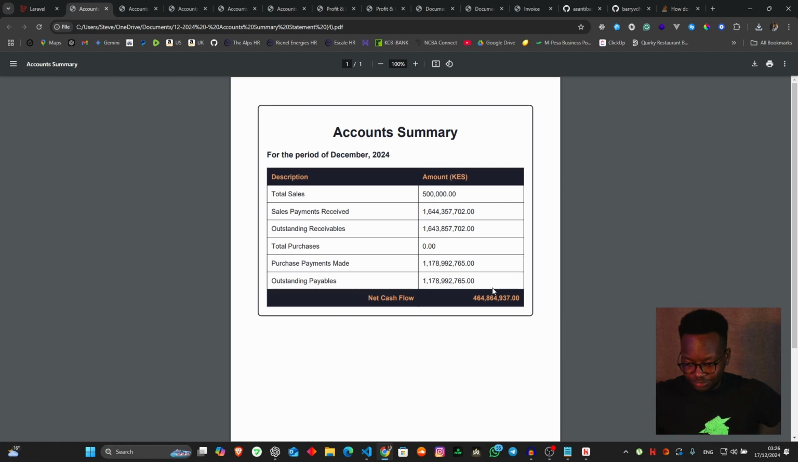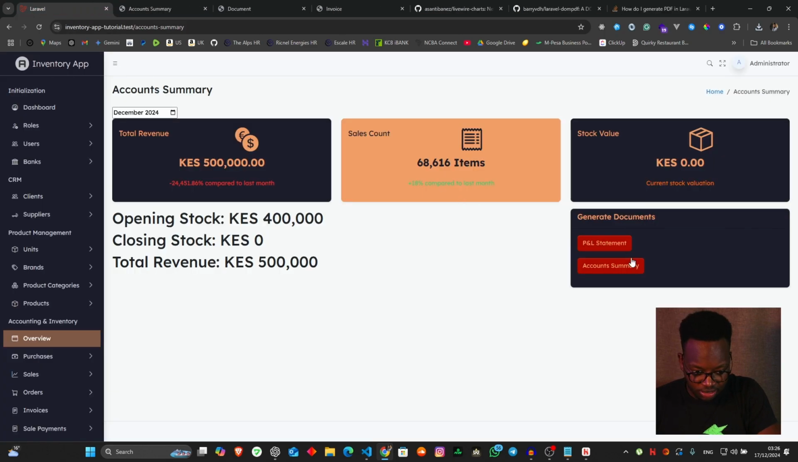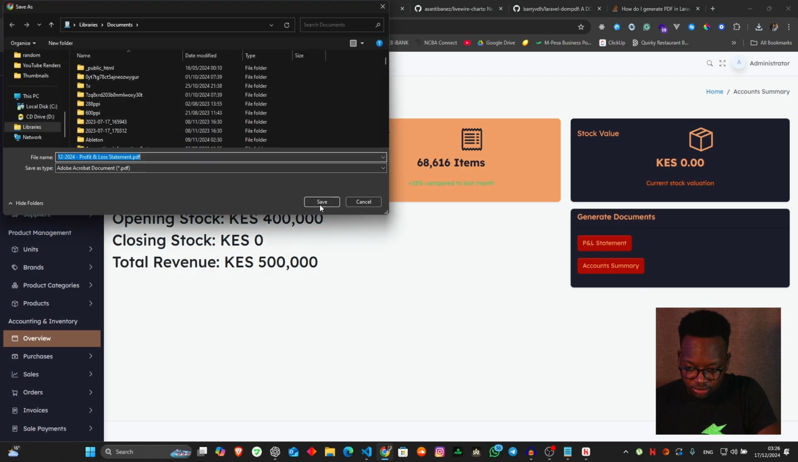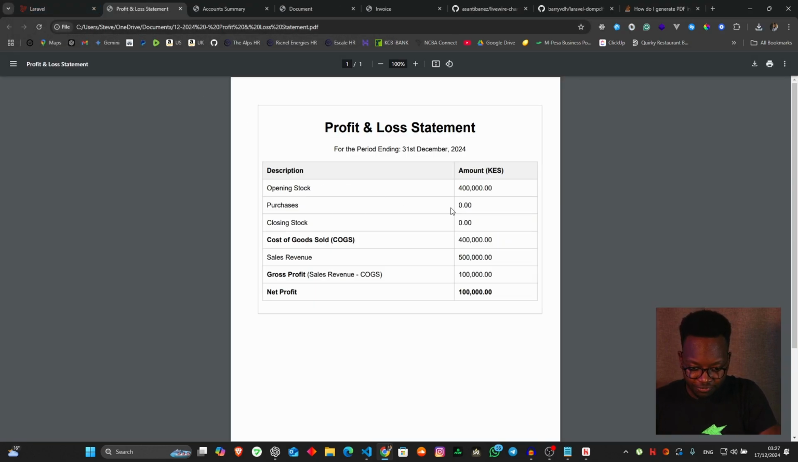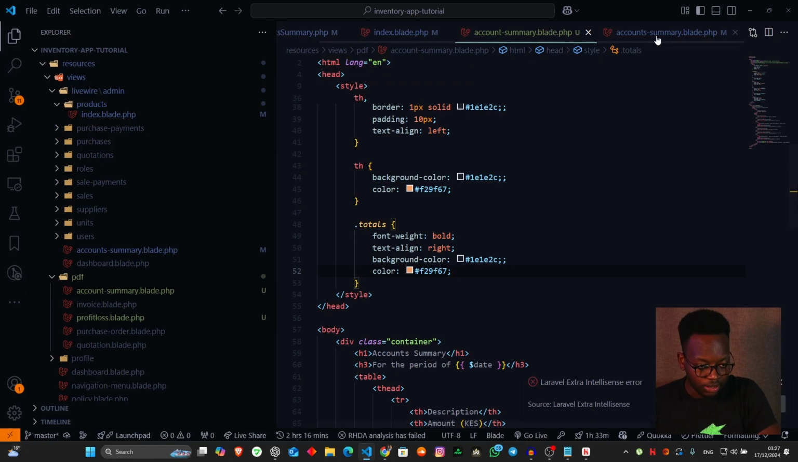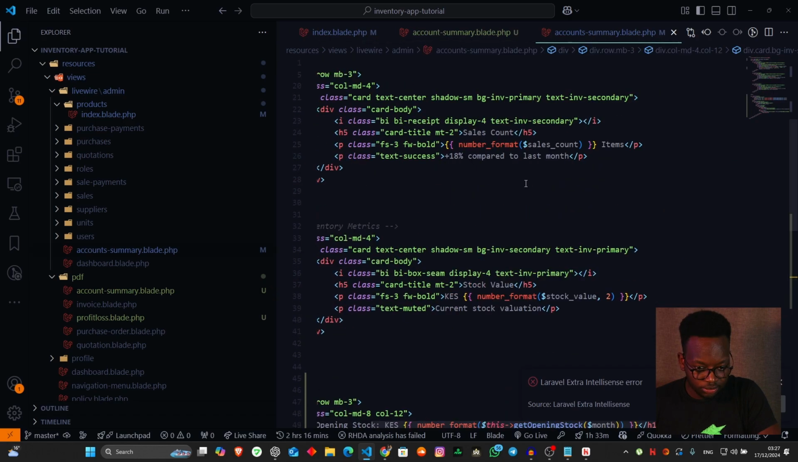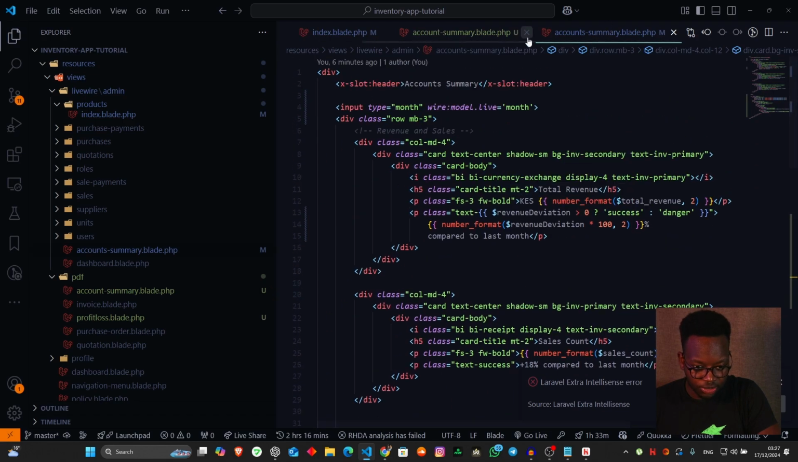So there you have it, ladies and gentlemen. Those are the two documents that are generally going to be used in order to evaluate things. So we have the account summary, and we also have the profit and loss statement, which is here. Looking nice, looking very good. Okay, so inside our account summary, I think the one thing that I needed to change here, so I'll just